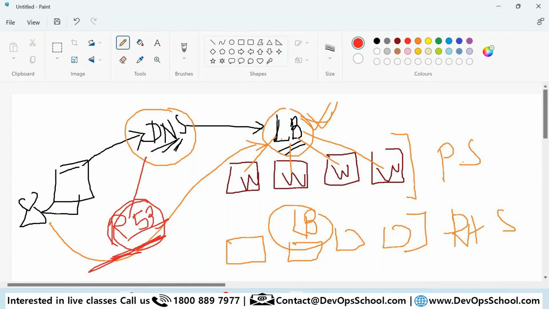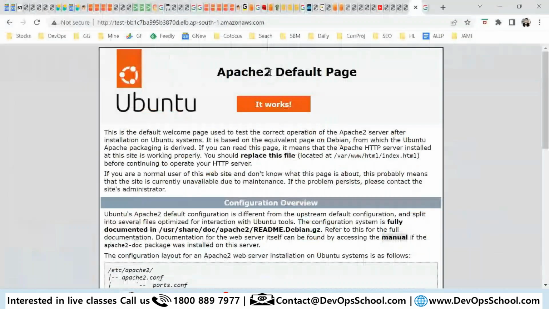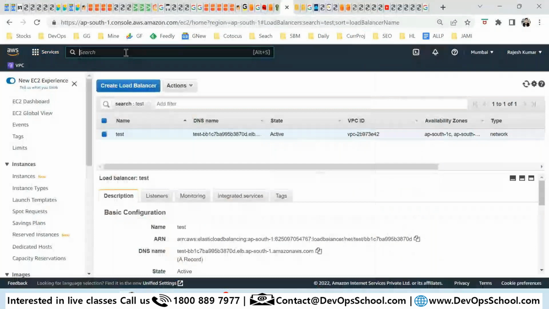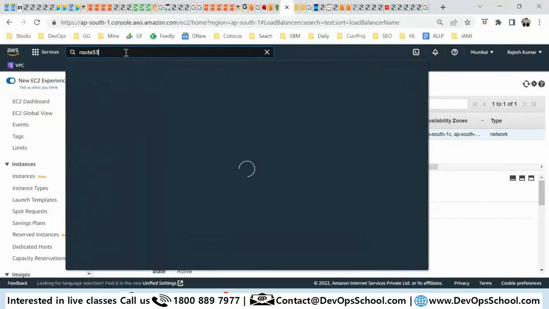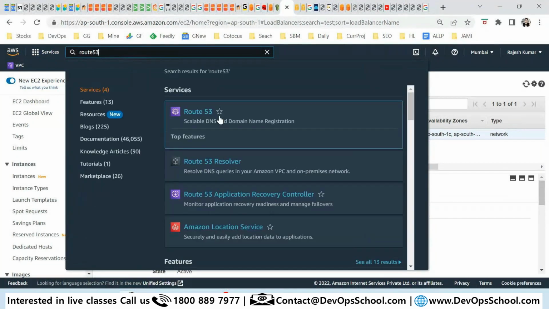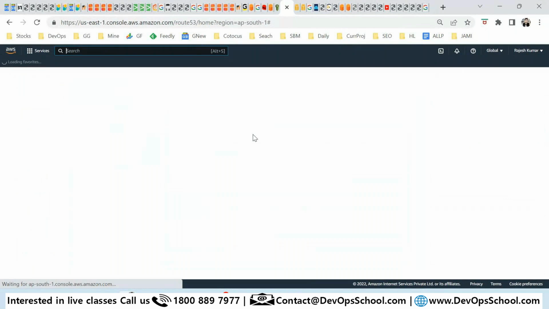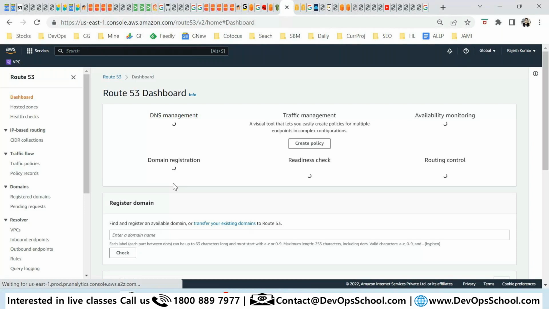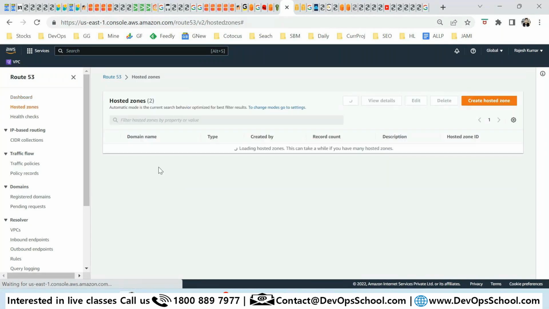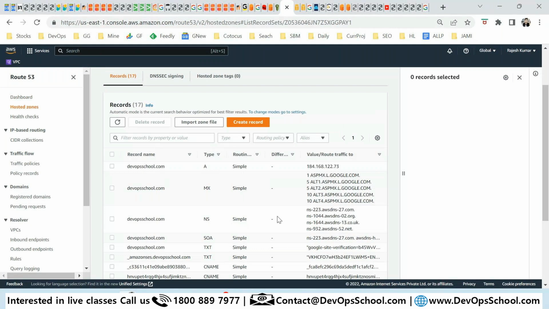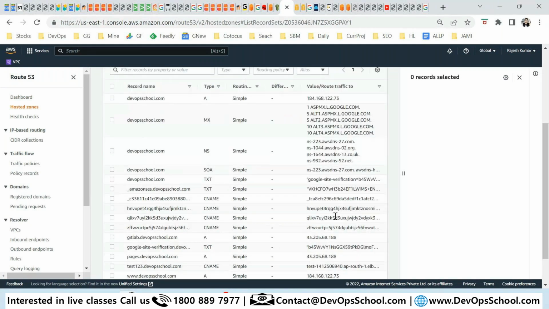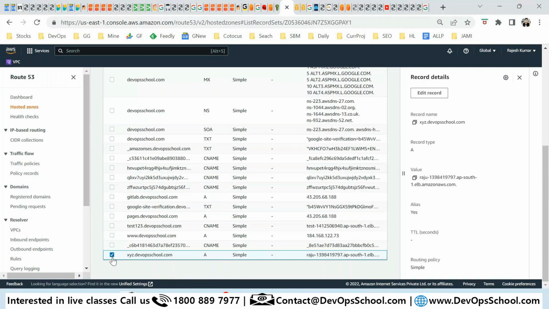So where is Route 53? I'll just search for it. Route 53, here. And I already have a domain, a DNS server. In fact, I have two hosted domains. So one of the domains I'm going to use for the routing. DevOpsSchool is one of these, and on the hosted domain I'm going to use XYZ. So I'm going to edit this. I'm not teaching you this one because it's too advanced for you guys, but I'm going to tell you, I'm going to transfer this traffic to